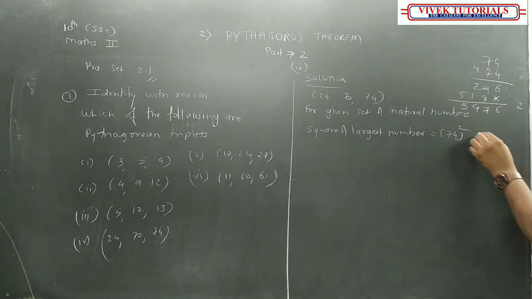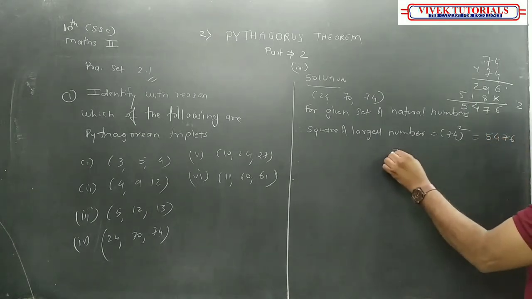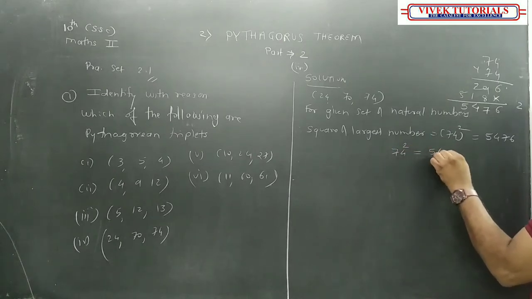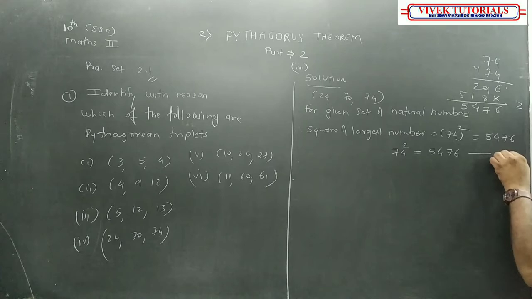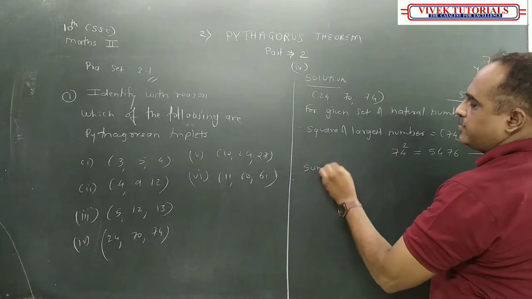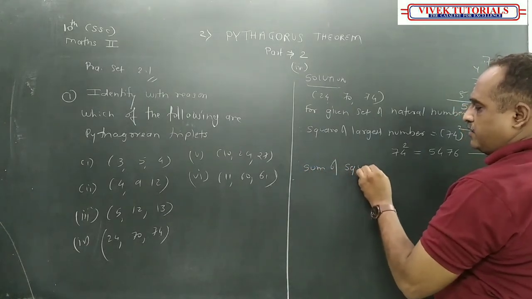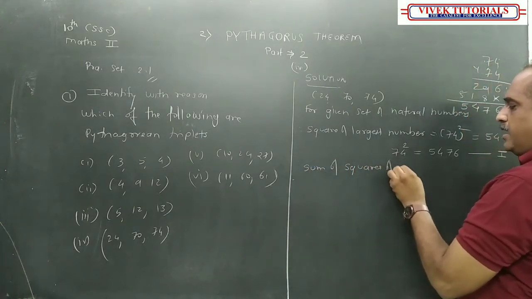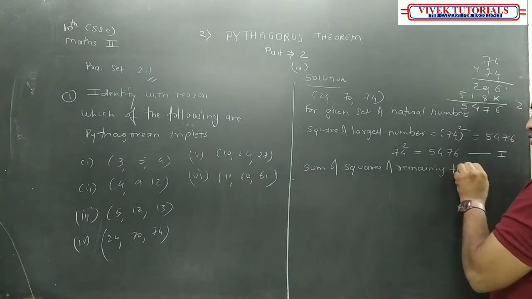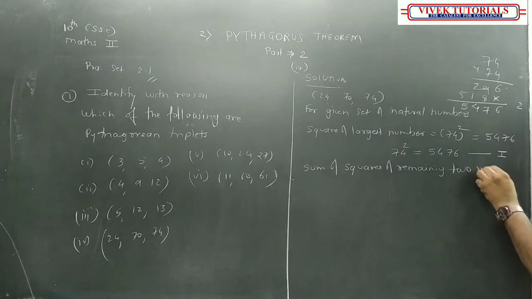So it becomes 5476. So 74 square is equal to 5476, equation 1. Then the sum of squares of the remaining two numbers,